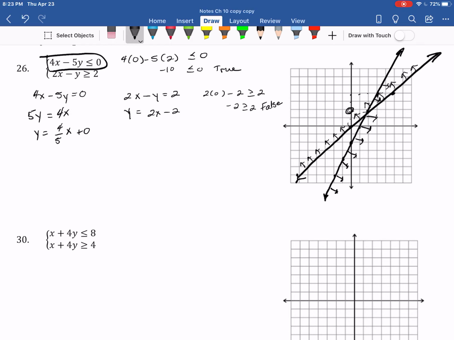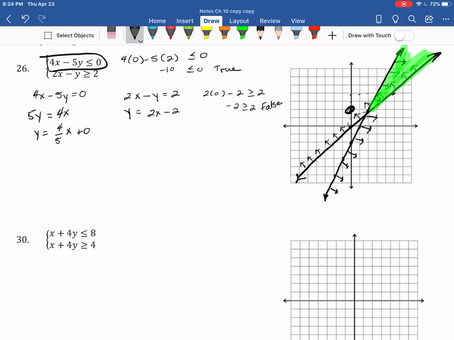Okay, see what's going on here? Don't want to include the test point. It didn't work on that particular inequality, so don't use that. Don't include it. So shade the opposite side. Now the actual solution, the region of ordered pairs that make both inequalities true, where are they both true? Well, they are both true inside here. That is where both of the inequalities came out true, and that is the overall region that satisfies